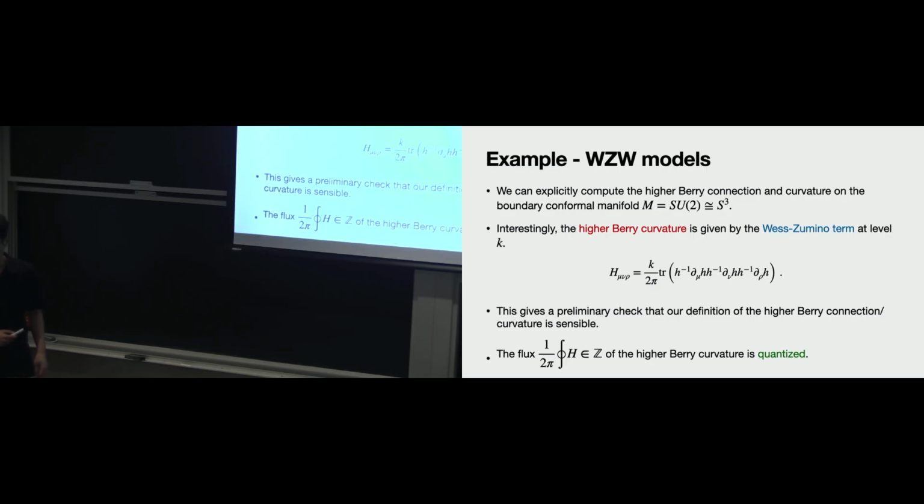In the formula, this H, what is it? It's a three-form. And the small h is the SU(2) field. But that's normally valid in two-dimensional space, so when you do the Wess-Zumino term, you extend it to an extra dimension. So h is the coordinate on the boundary conformal manifold. Yes, the boundary conformal manifold SU(2). Okay. So you write down the worldsheet, you put it back, and you write it in terms of the